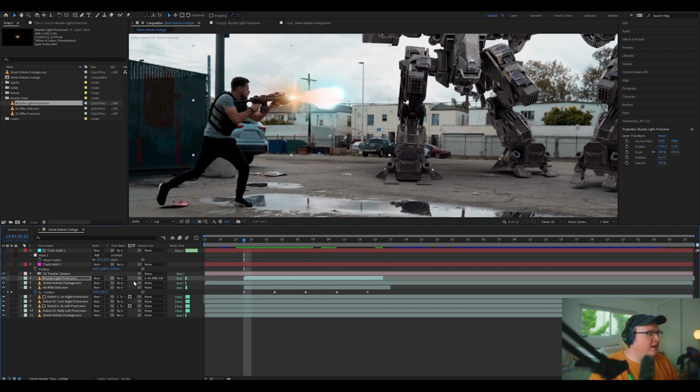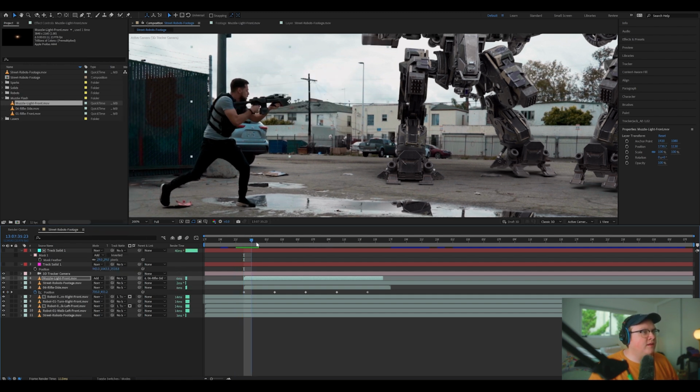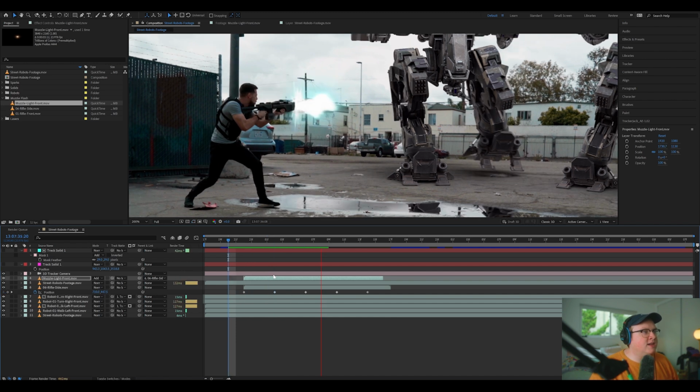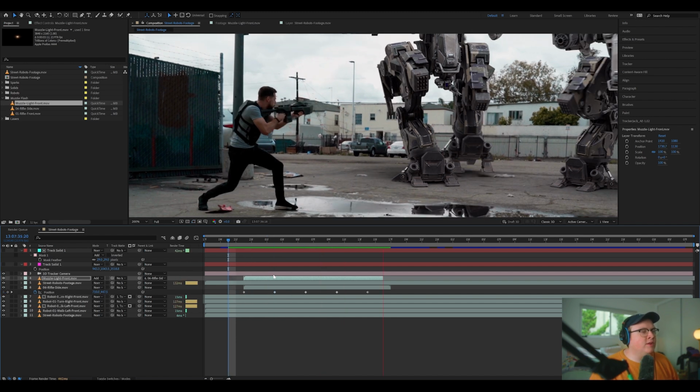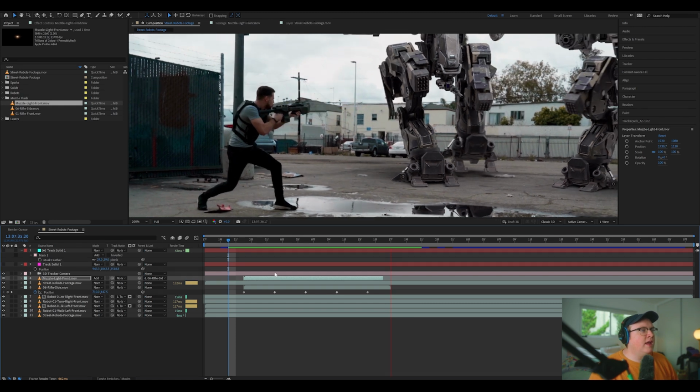And this way we can take the transfer mode and set it to add, and we can have it playing on top of it, and it will make it really bright and fun, and that just adds a